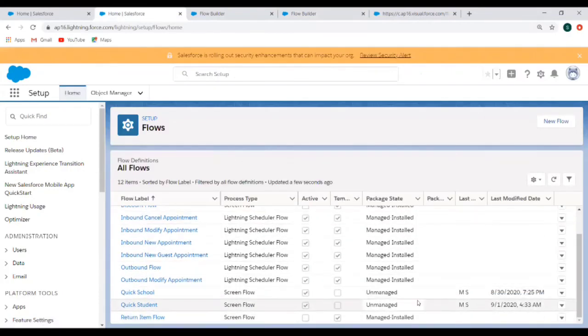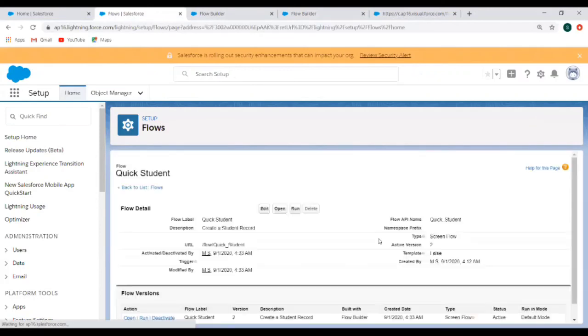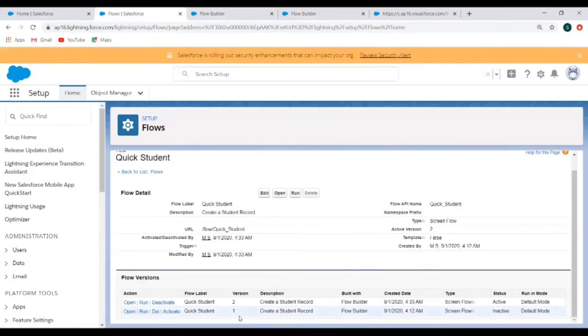So now here you can see quick student. Under that you can see view details and versions. So here you can see now we have two versions, version 1 and version 2. Version 1 is currently inactive, and version 2 is the activated version